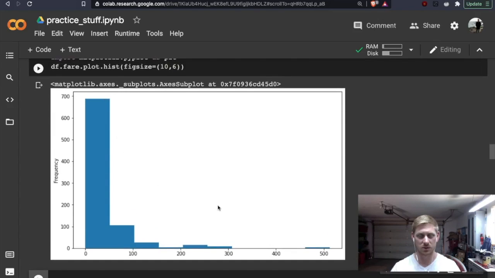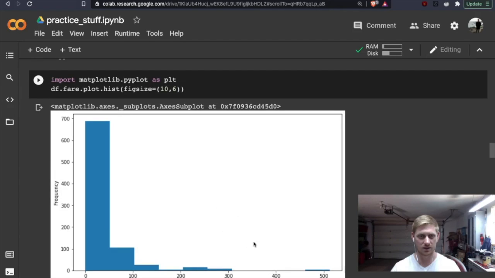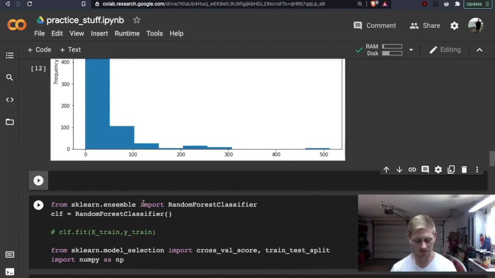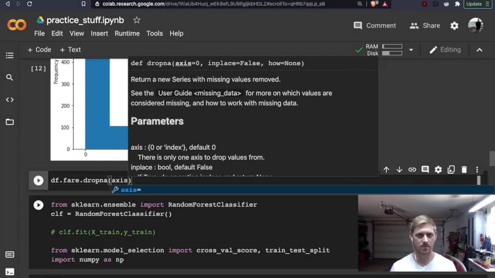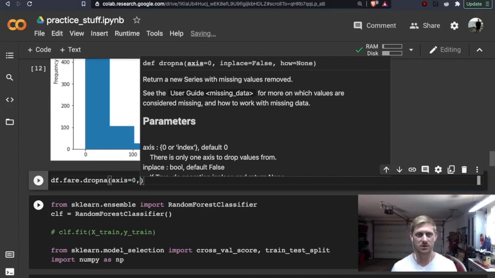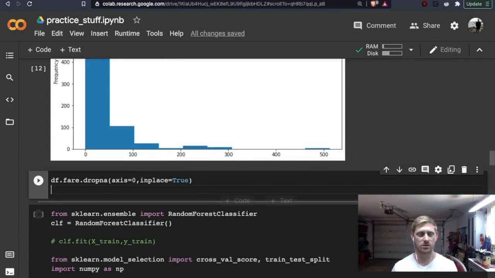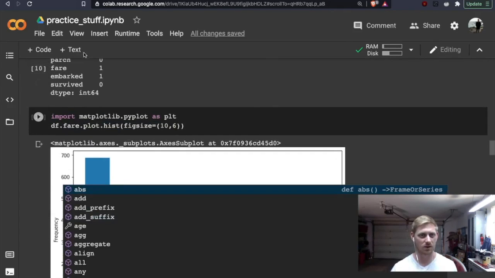So generally speaking, it looks like there's fairly small values here, and it's skewed definitely on the left side, but let's just drop it. So we'll do dataframe.fare.dropna, axis will equal 0, and inplace will equal true. And let's just do both, why not? And then we also have embarked, right? Yep.